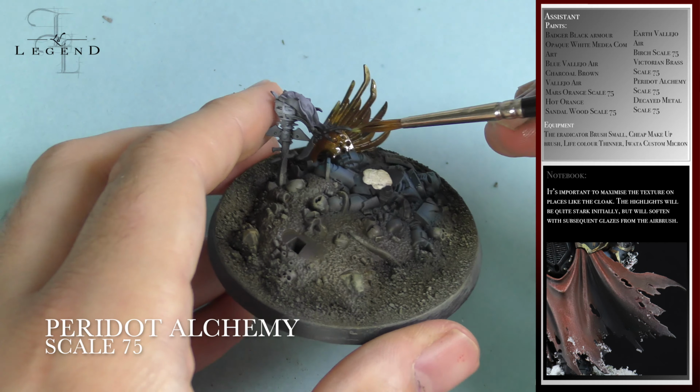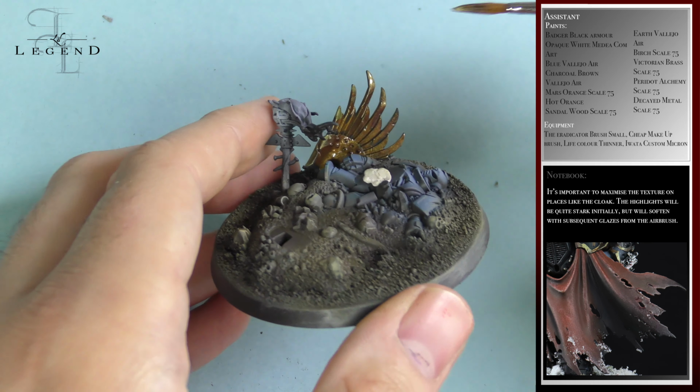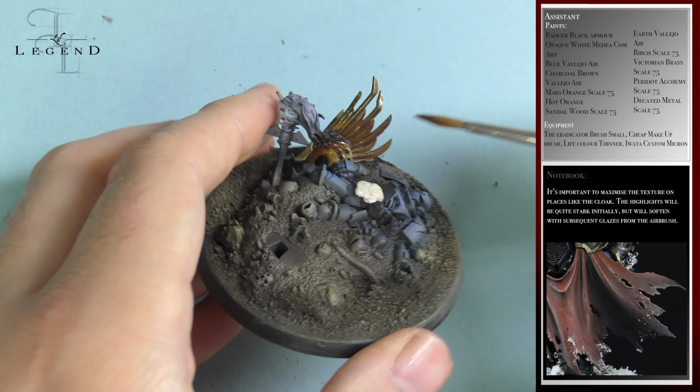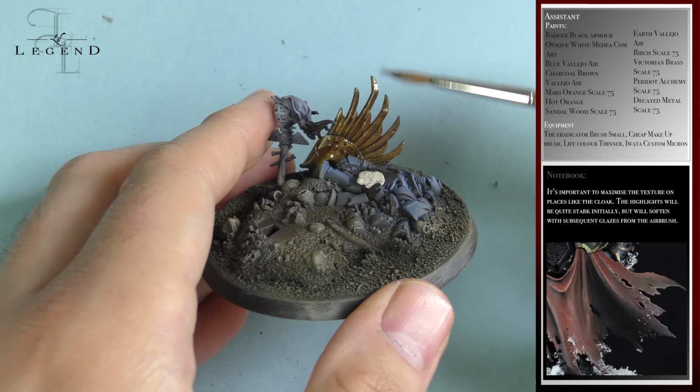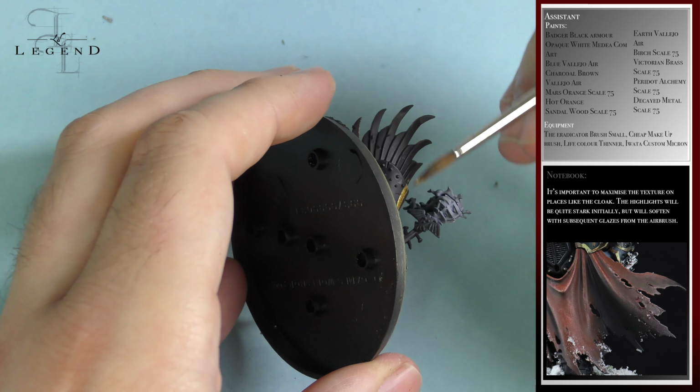Okay, for this battered eagle wing, I use the Scale 75 gold set. I begin by using Victorian brass as a base, then use peridot alchemy to wet blend the tones together. The paint is practically undiluted. It does come out very...